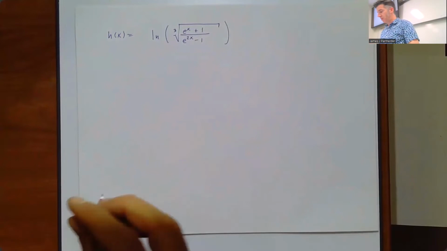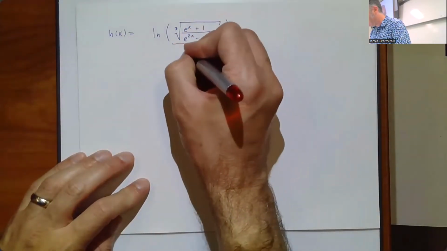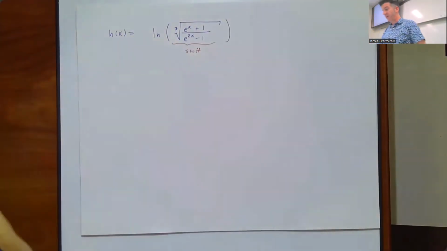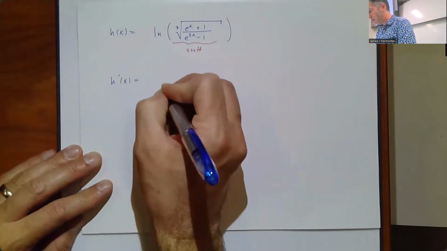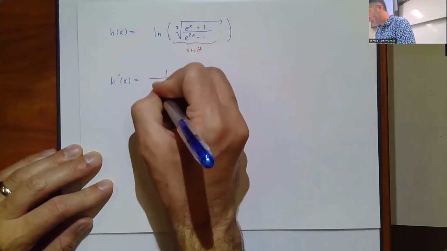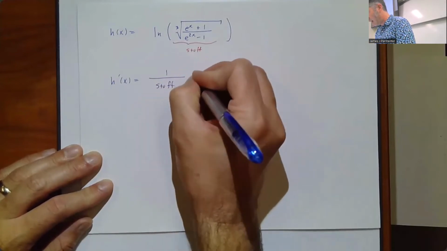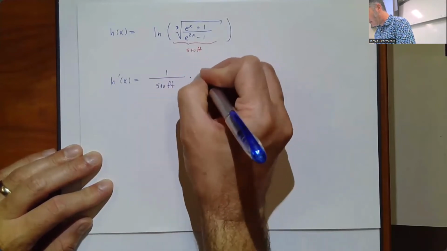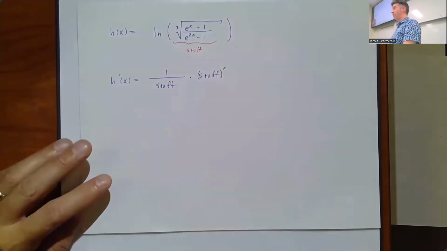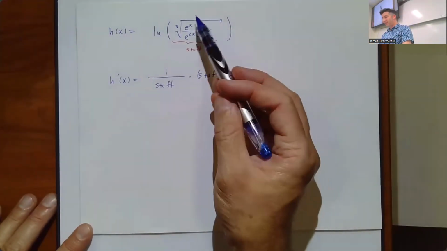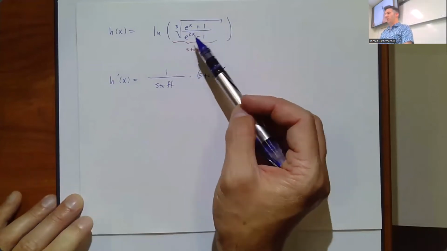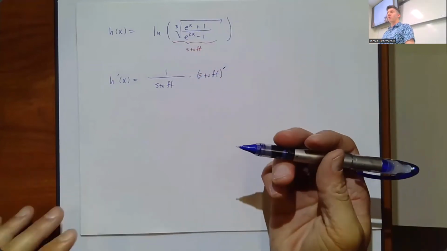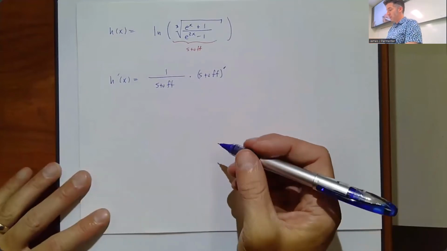If I call this my stuff for a moment, in very broad terms, I could say that the derivative of this is going to be 1 over that stuff times the derivative of that stuff. I'm not even writing it out because I don't want to take the derivative of that. That's a terrible thing to take the derivative of, to use the chain rule and the quotient rule and the chain rule. Don't make your life harder than you have to. So instead,